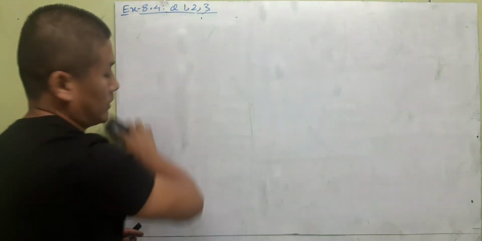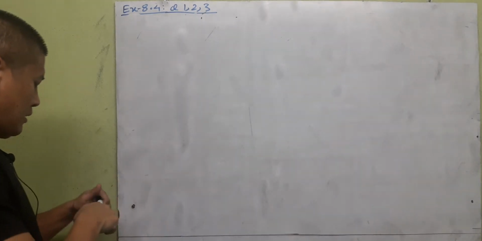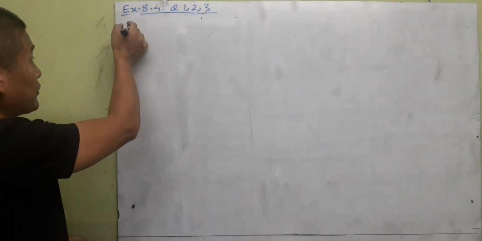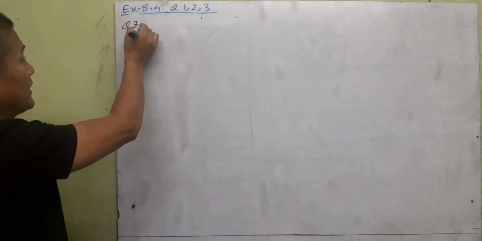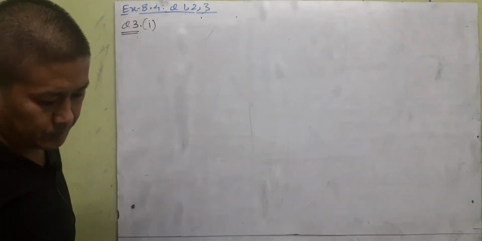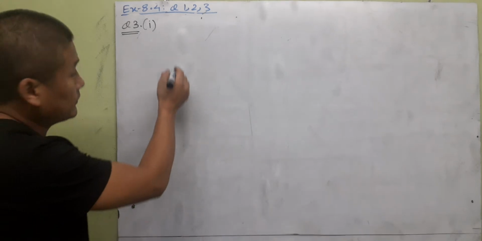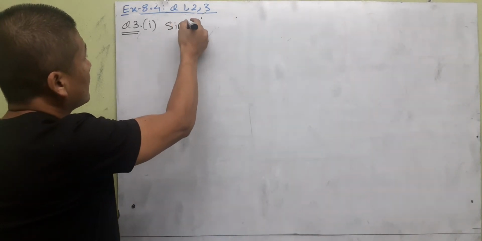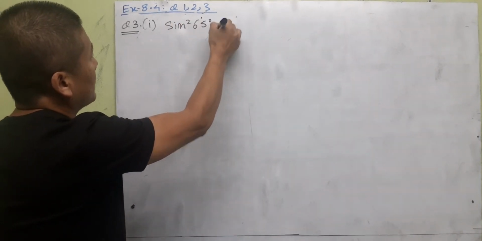Okay, so number 3 here, the last question in this class, and we'll continue the remaining questions in the next class, which is also not a test. Okay, 3, evaluate, means find the value. Let us do that. Sine square 65 degree plus